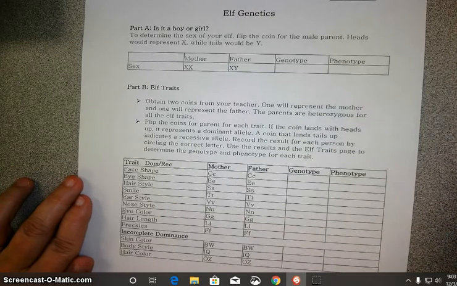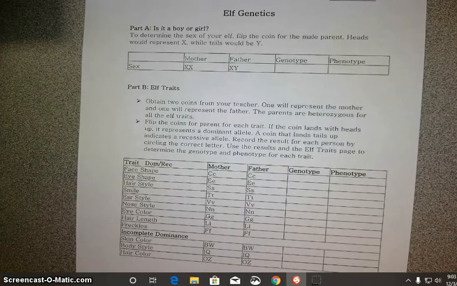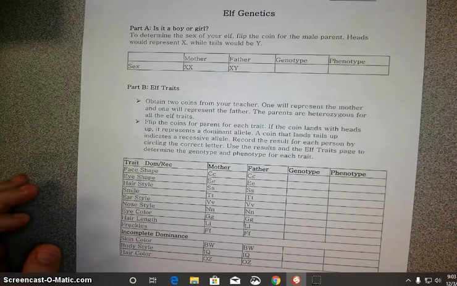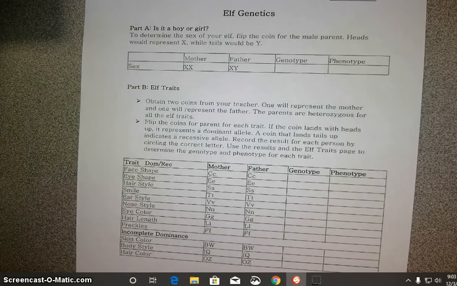Okay, so this is an extension of our elf genetics. So it's a totally different activity, but I kind of wanted you to get the idea. So you may or may not have realized that